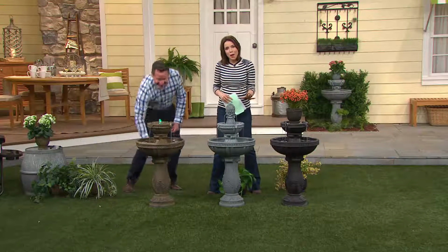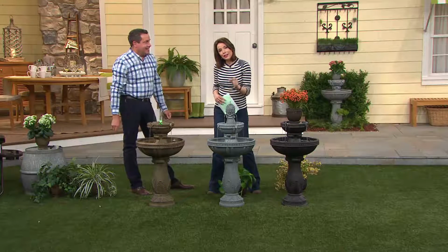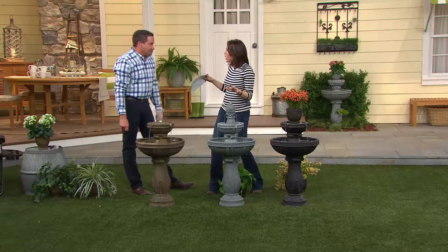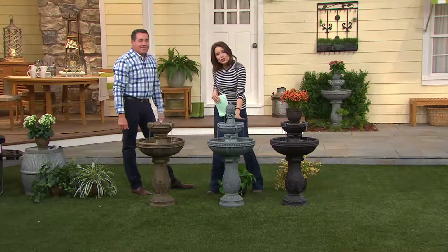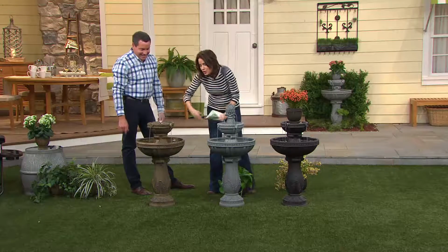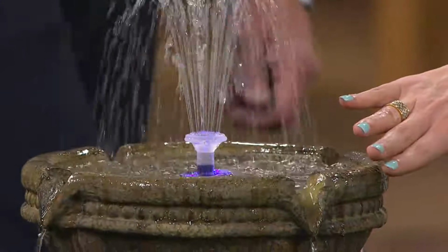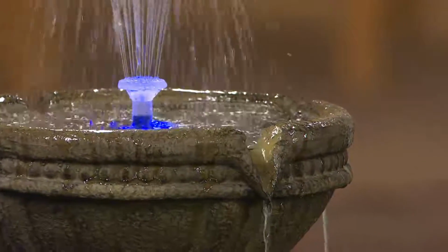It's all lovely. But I wouldn't be all that interested if the fountain itself didn't look like the real deal. I don't want something that kind of looks like it's been around for a while, or kind of looks like somebody just made it look kind of old. This truly, and when you come in close and you see the details, you'll be able to carry this. It's not that heavy, but it looks like something that would weigh a ton and be incredibly difficult to move